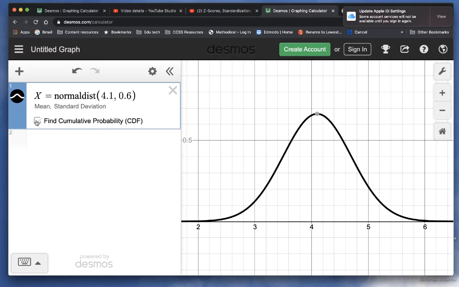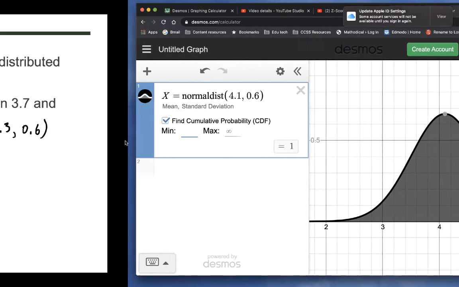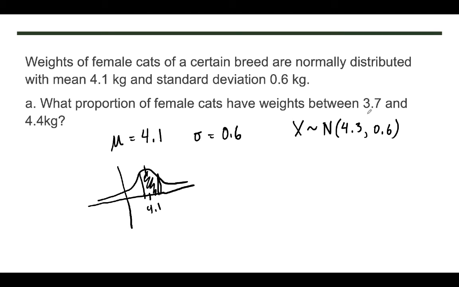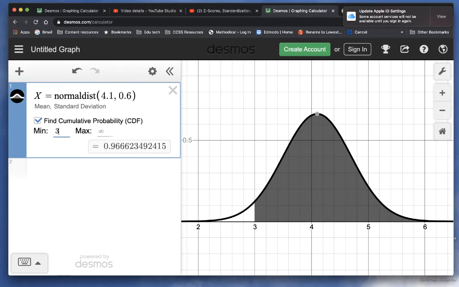And if you want to calculate the probabilities, we can click this find cumulative probability distribution, and this is giving us our bounds. This is giving us our little a and b, and it asked us the question. Let's look at the question real quick. Okay, it wants the weights between 3.7 and 4.4. So 3.7